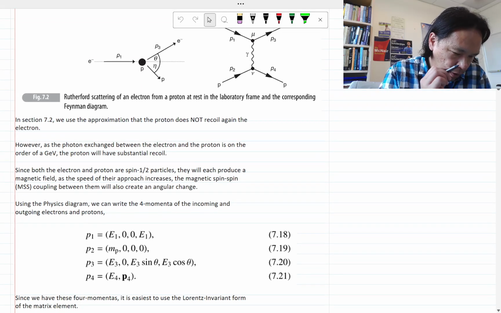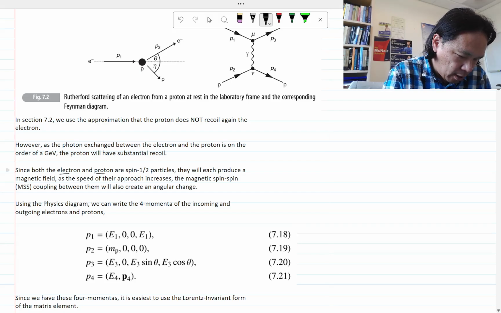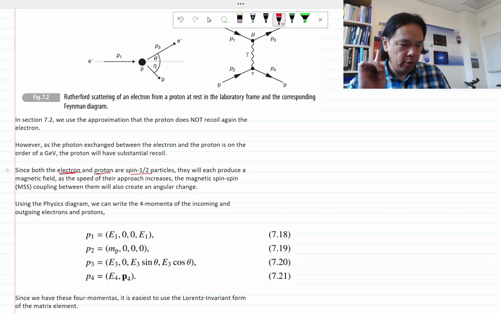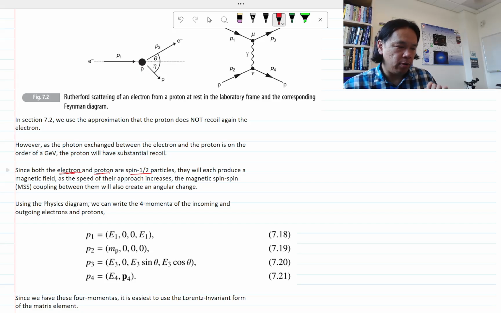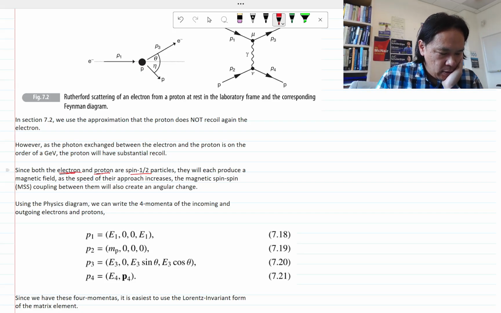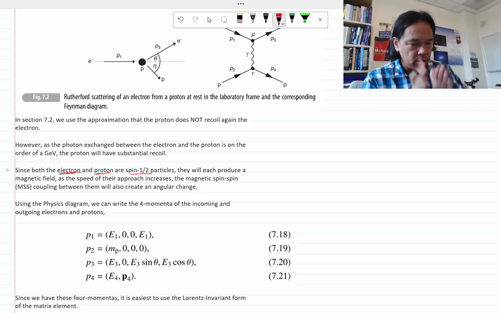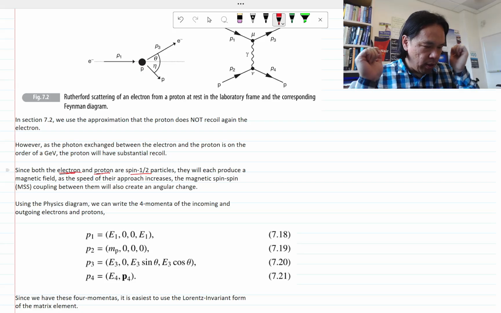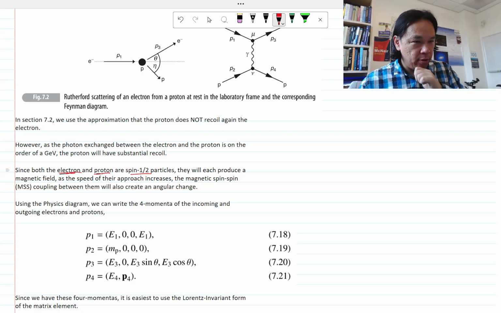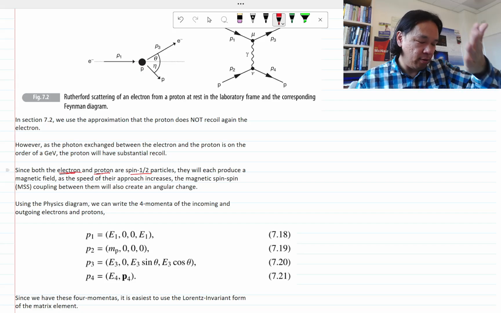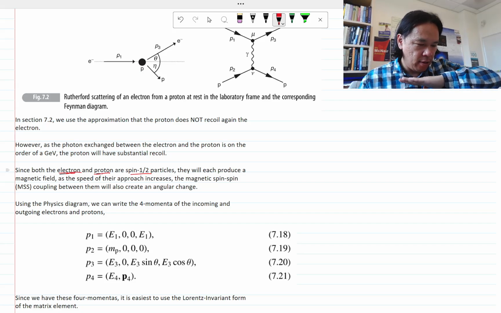Since both the protons and electrons are spin 1/2 particles, and one of the things about the spin of a particle is that if a particle has a spin, it will interact with a magnetic field. So why am I bringing up a magnetic field? Because we're scattering an electron that has some charge and a proton that has some charge, and they're just bouncing off each other. Especially those who had general physics with me, or hopefully in your other general physics class,